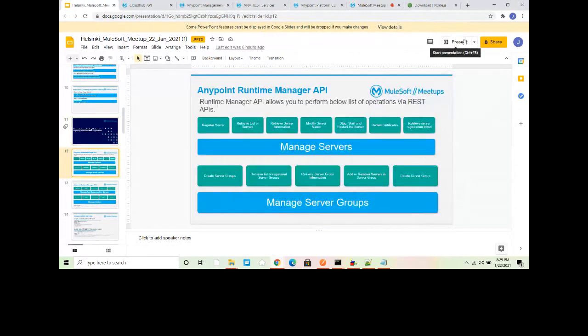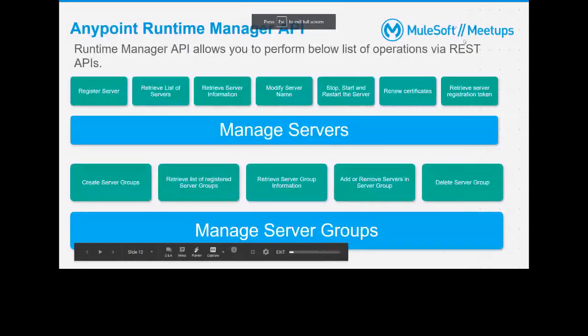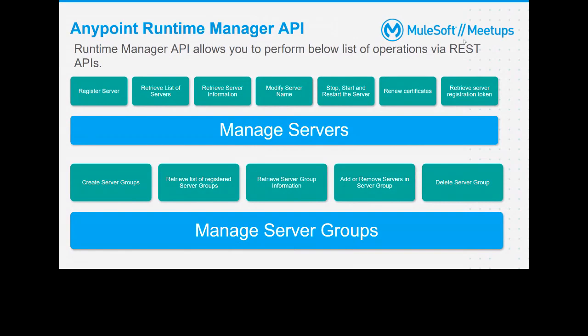We will discuss more on Anypoint CLI. I have a complete automation demo, and we will go through that. It will build the application, generate a jar, then deploy it, automatically apply a rate limiting policy, and then get the information of the application. Now I am talking about the Anypoint Runtime Manager API.